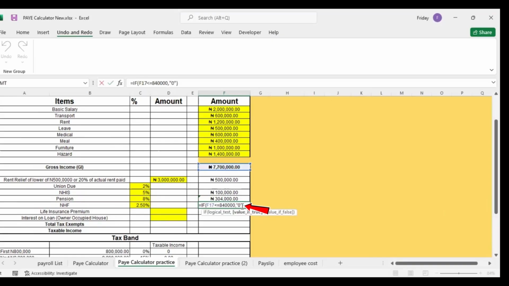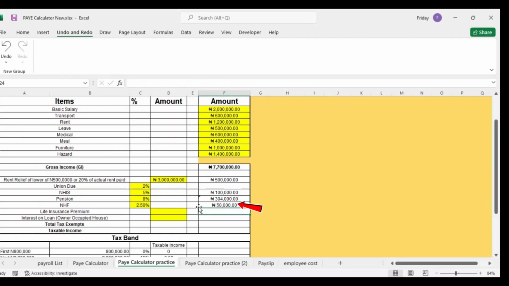Then you say comma, if gross income is greater or equals to 840. Now, there's something we're going to do here. Okay, return to me basic. Close the parenthesis. Now, basic times